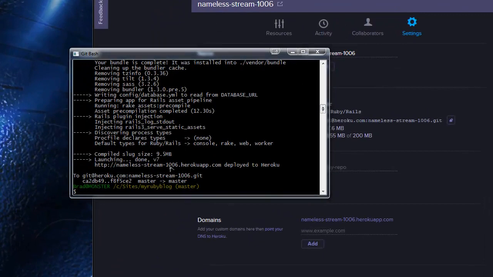It's very easy. Now remember, everything is unique. All app names on Heroku are unique, so we have to pick one that hasn't been used. So hopefully my Ruby blog hasn't been used, but it might. There's a very good chance it is. So what we want to do is do